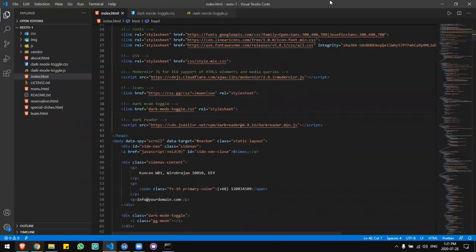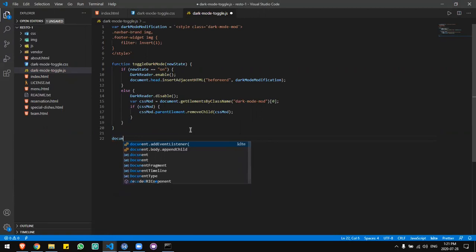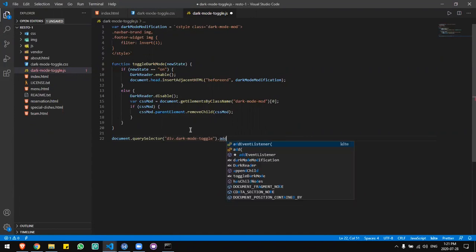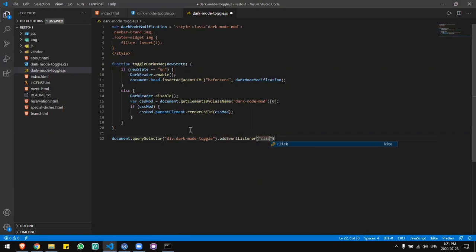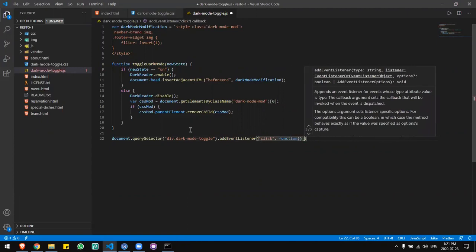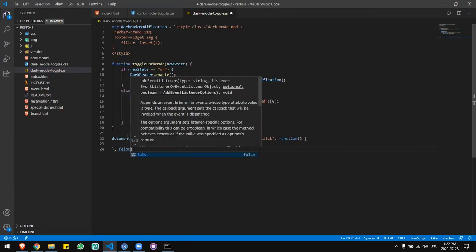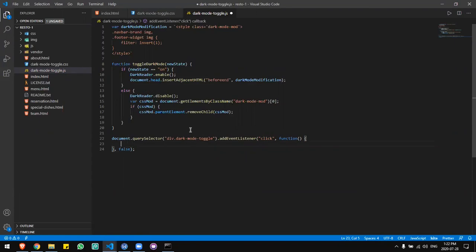Okay, so now we just need to make this button do something. We'll write over here, document. I'll get it with a query selector this time. Query selector div.dark mode toggle. We want to add an event listener for click. And then the function will leave after we write false over here. The function will be,